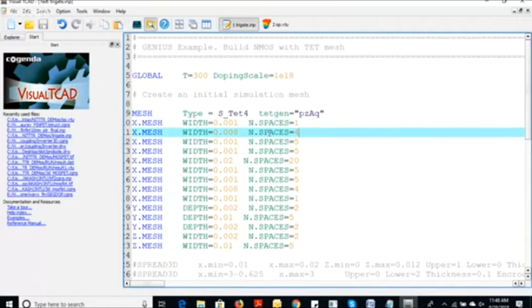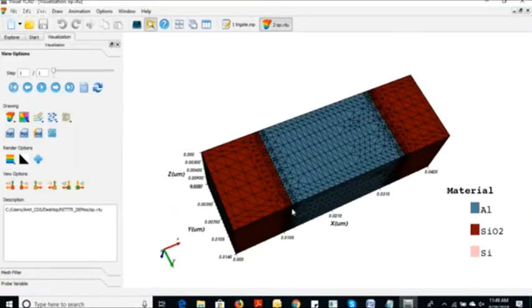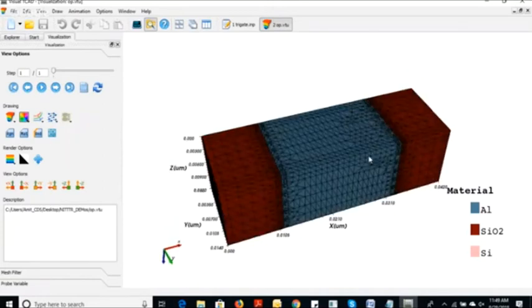Now, we want to design a device. So if we want to design a device, first of all, what dimension we want to design, that calculation we have to do on some paper and pencil. Accordingly, we write a code. So here what we are doing, we write that we want to make a device of length 0.42 micron,